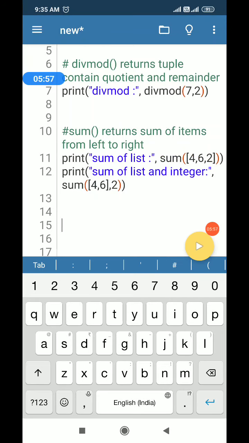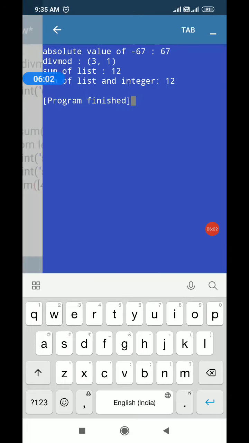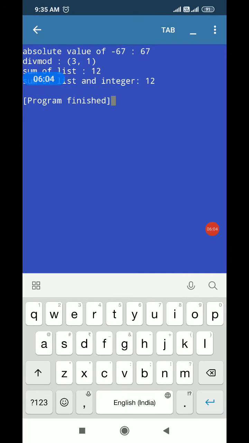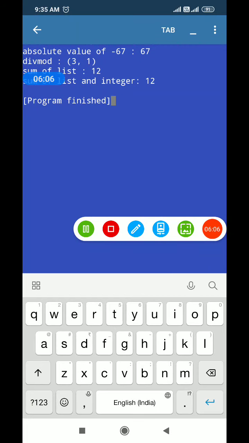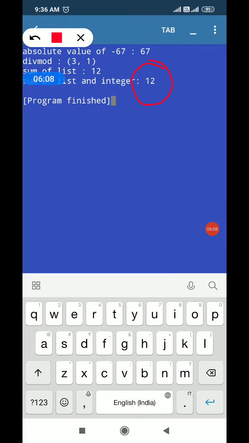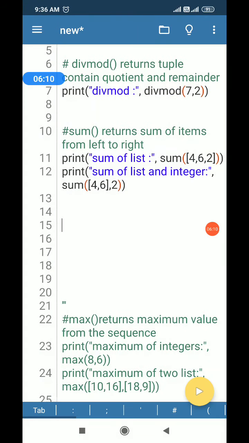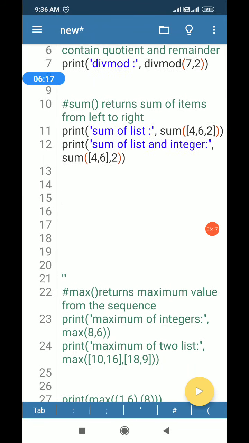So in this case you will also get a sum, and the sum of the list and the number is 12. 4 plus 6 is 10, 10 plus 2 is 12. So this is the working of sum.